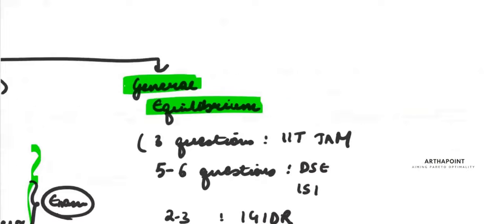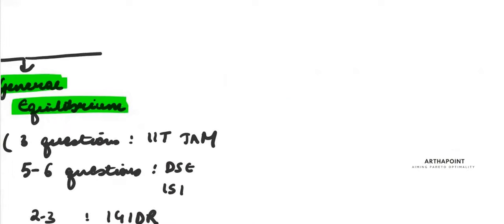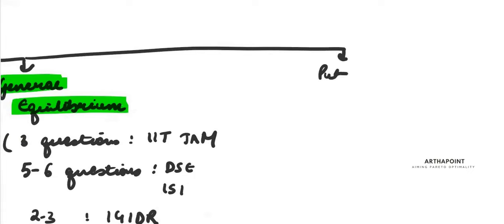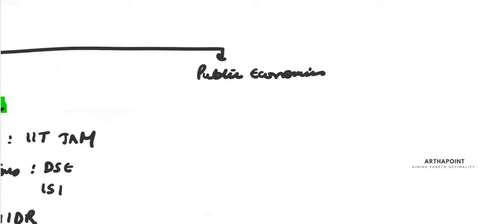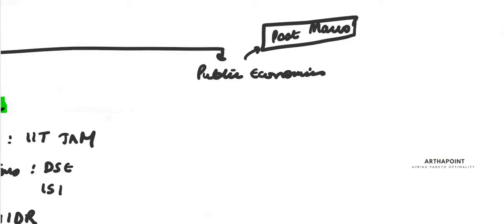And then the last part. This is public economics actually. But you will see this coming as the last 2-3 chapters of any microeconomics book. And only this much is required from the point of view of the exam also. So we will do this, but we will do it only post I have done macro. This is a completely different topic, not related to any of the 4 topics before. So we can take it later.